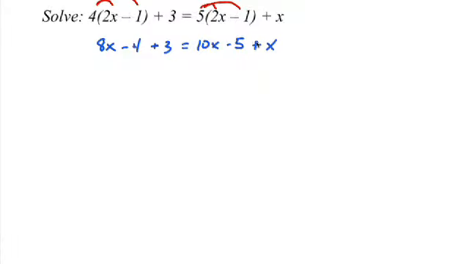Now, before we start solving this, what you want to do is get all the terms on the left side combined and all the terms on the right-hand side combined to match that first problem that we've already worked. So, on the left side, you'll see that we have the -4 and the 3 and the 10x and the x. So we want to combine these and get this equation down to just 4 terms. So this becomes 8x minus 1, and on the right-hand side, 10x plus x is 11x. Remember that x is the same as 1x, so 10x plus 1x is 11x.